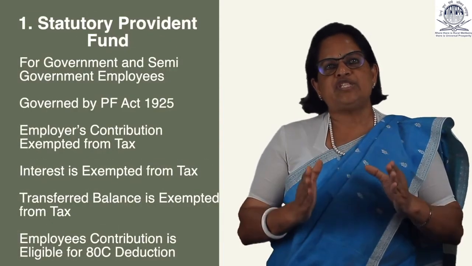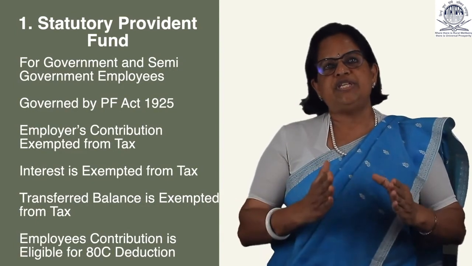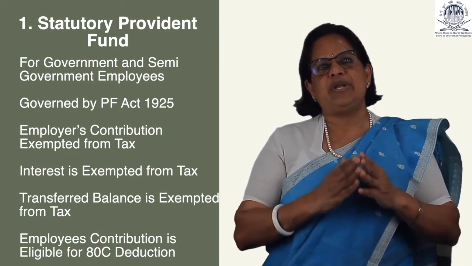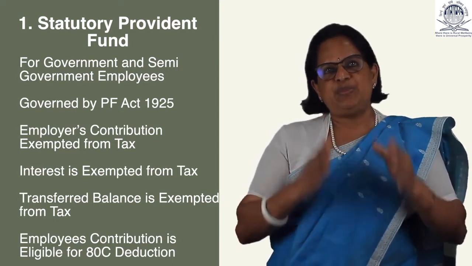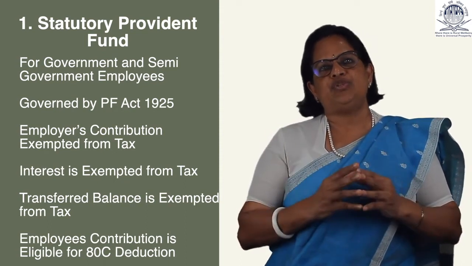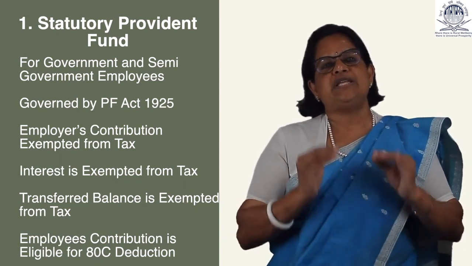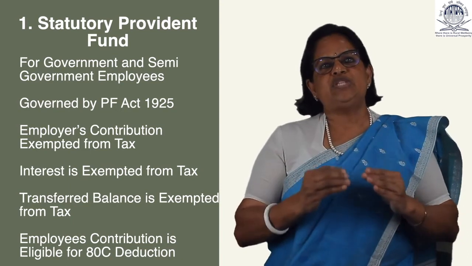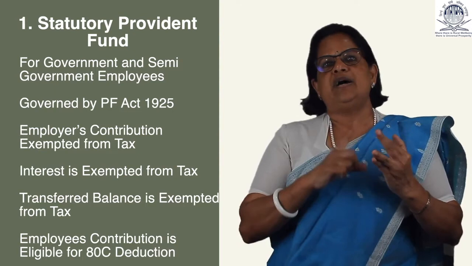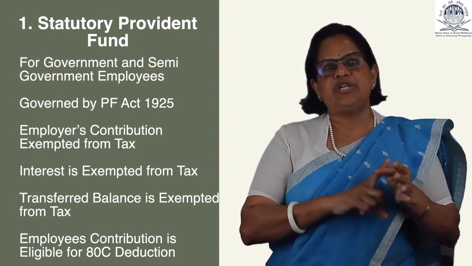Statutory Provident Fund or SPF is the oldest type of Provident Fund. The objective of setting up this fund is to promote saving habits among government employees. SPF is governed by the EPF and MP Act 1952, that is, the Employees Provident Fund and Miscellaneous Provisions Act 1952. This fund is maintained by government and semi-government departments like railways, RBI, central and state universities, local bodies, insurance companies,